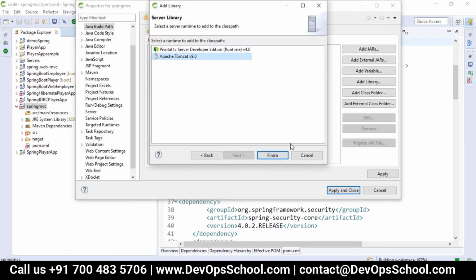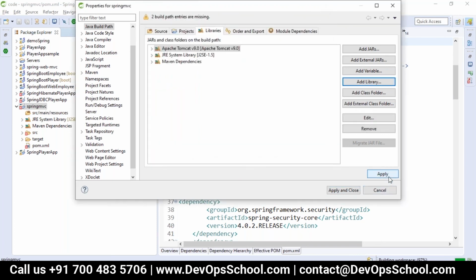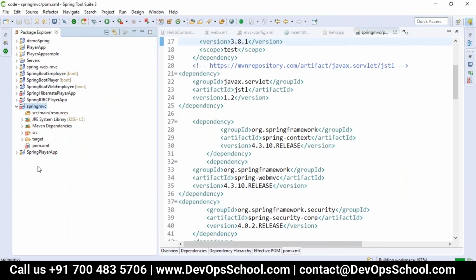So we have to add Apache Tomcat or any web server or application server for our project.